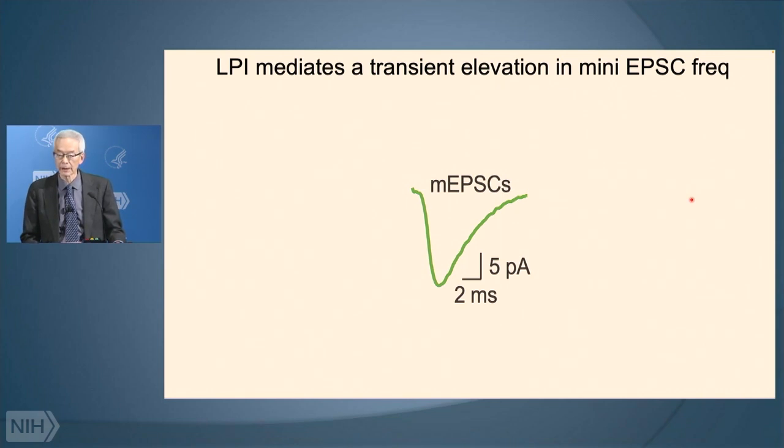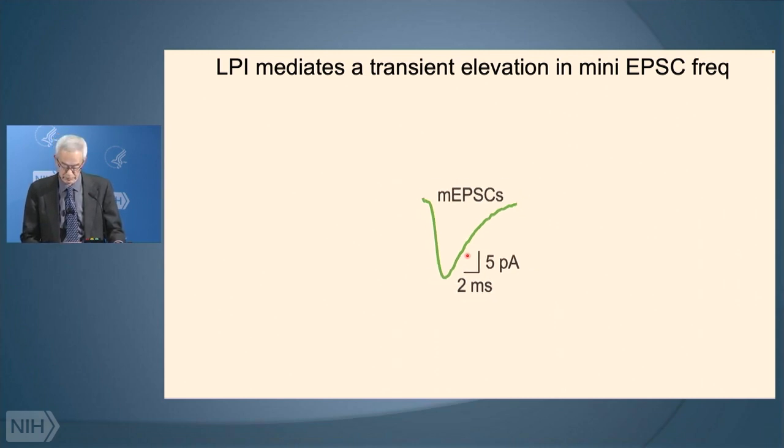Now, to understand how CBD had this action on transmission from the Schaffer collaterals to the CA1 neurons, we record quantal synaptic events from the CA1 neurons. These are called miniatures, or mEPSCs. They're studied under voltage clamp, so this reflects the inrush of sodium into the postsynaptic cell, triggered by glutamatergic transmission.